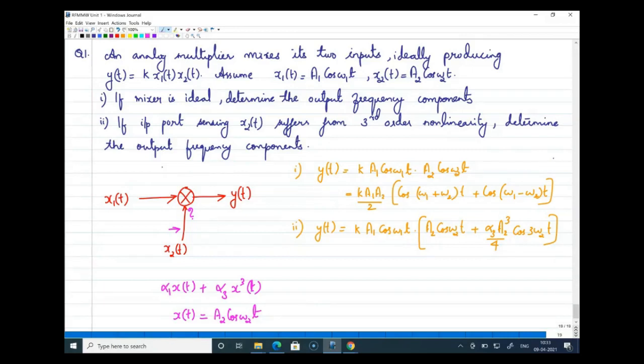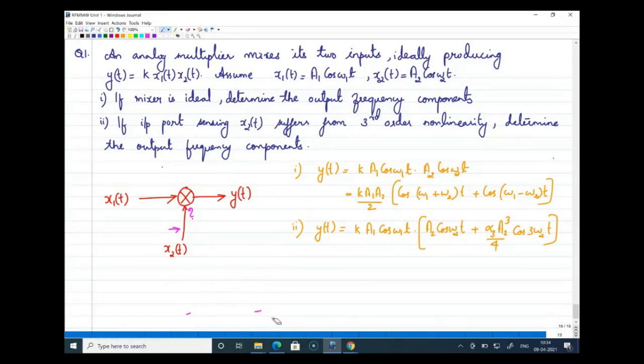Sir, we'll get one more term now, like cos cube. If we take in terms of cos 3 theta, it's 4 cos cube theta minus 3 cos theta. So, yeah, definitely, that I missed. One more frequency component in terms of omega 2 you will get, right? Yes, sir. That's what I tried to tell. Yeah, definitely one more term you can write over there.